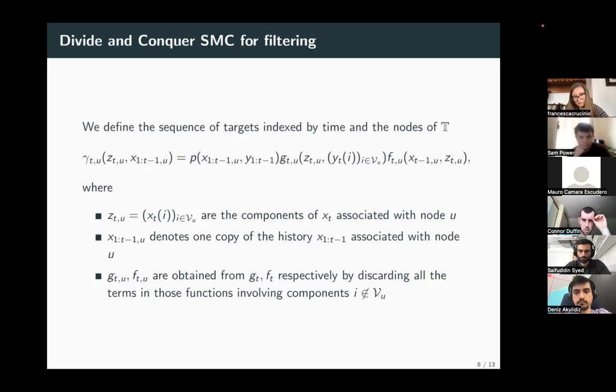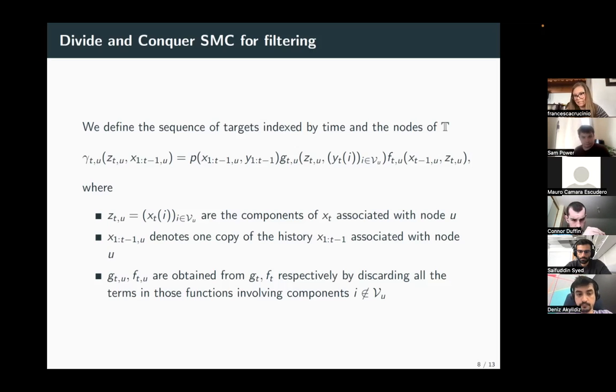There are a lot of other auxiliary distributions that we need to define in order to write down a valid algorithm, but I'm going to hide those under the carpet and pretend that that's the only distribution that we need. I hope that the intuition works.